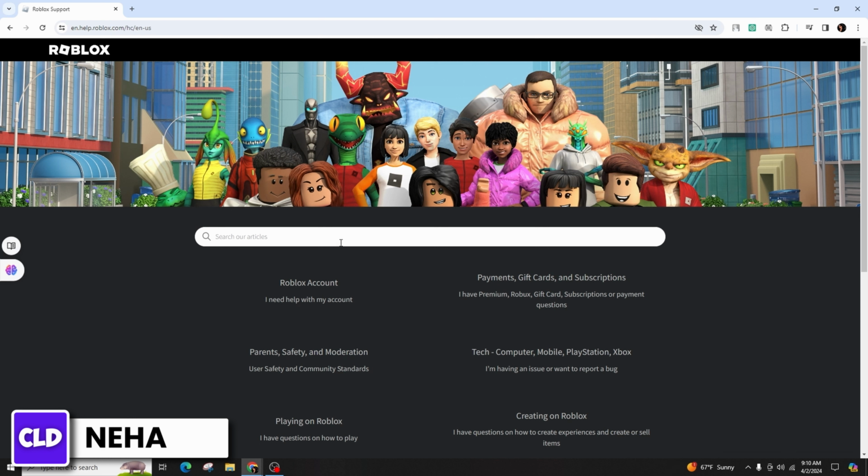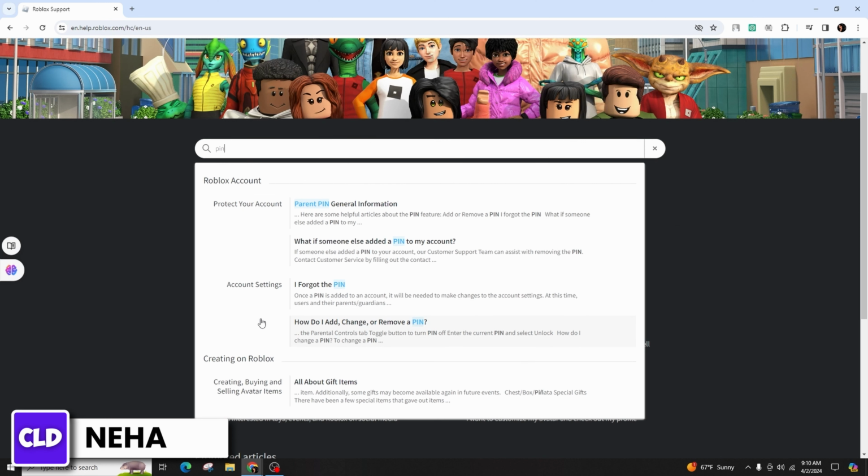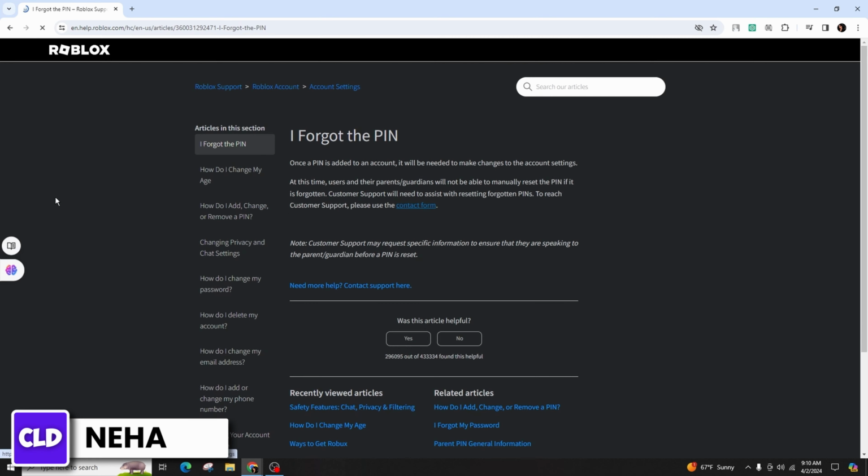Locate the search bar in the center of the page, type in PIN, and choose the second option, that is, I forgot the PIN. This option explains that the PIN is necessary for modifying the account settings. Therefore, if you cannot recall your PIN, you will be unable to make any changes to your account. To proceed further, click on the provided contact form link that is highlighted in blue color,